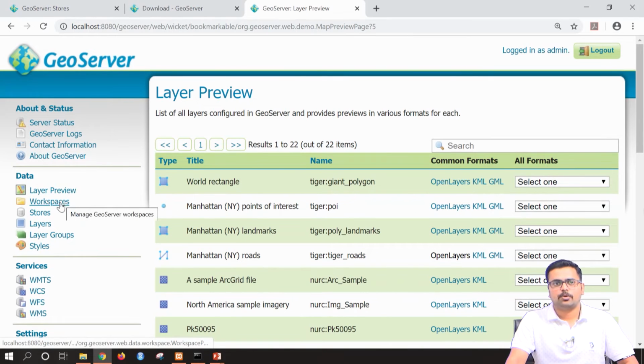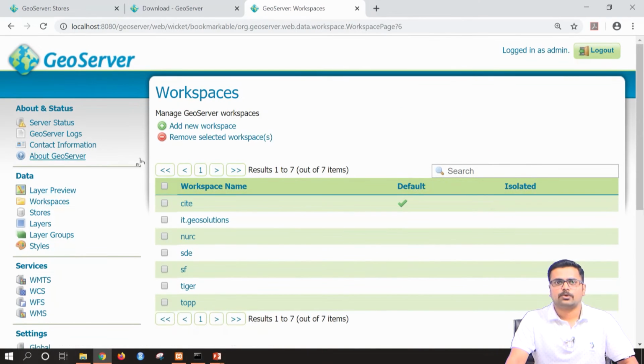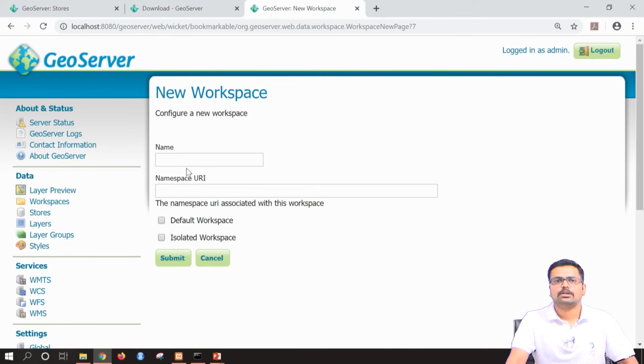For doing that, I am going to workspaces. Here I will add new workspace. Here it is asking for a name. I will give the workspace name as district. I have given it as district, and it is asking for the URL.